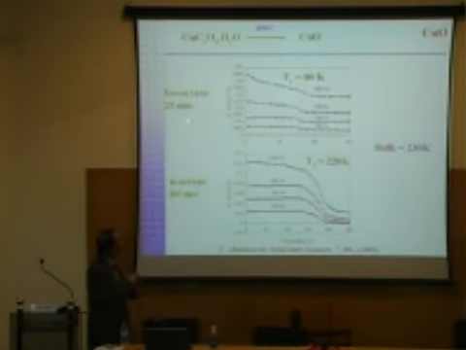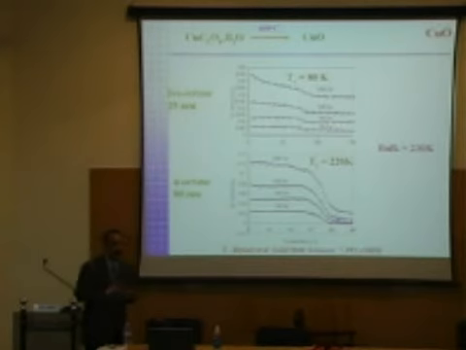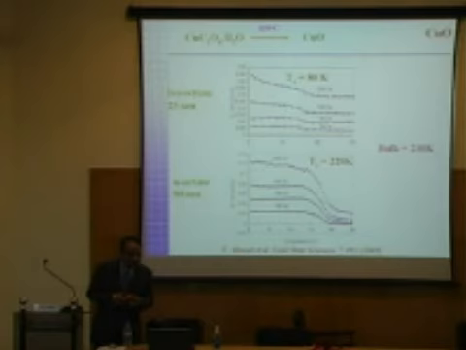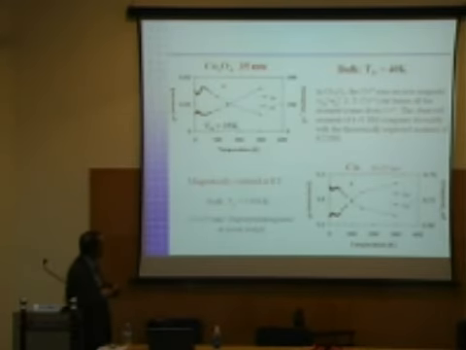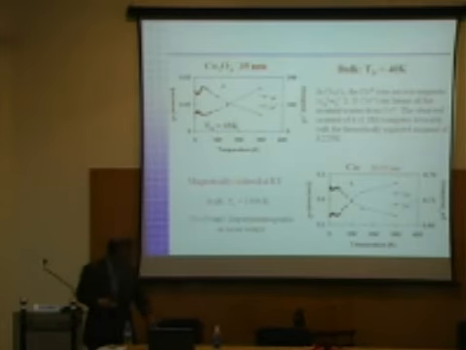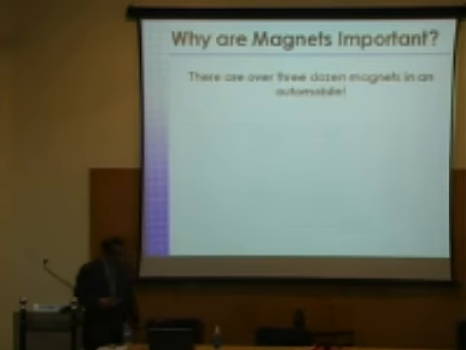By reducing the size, I have a feeling that if I can make a 2 nanometer particle, I can completely wipe out this transition. Although we were not able to make that particle, that's our thinking. So you can tailor the magnetic properties. Similarly, Co3O4, which is a very important material in solid state chemistry. Here also, you can play with the size effects, and you can see very interesting development of magnetic properties.